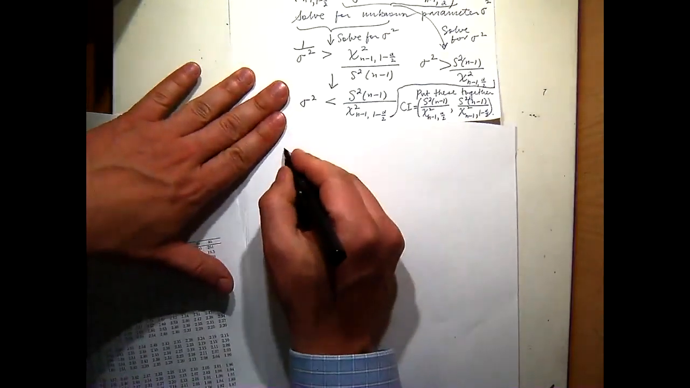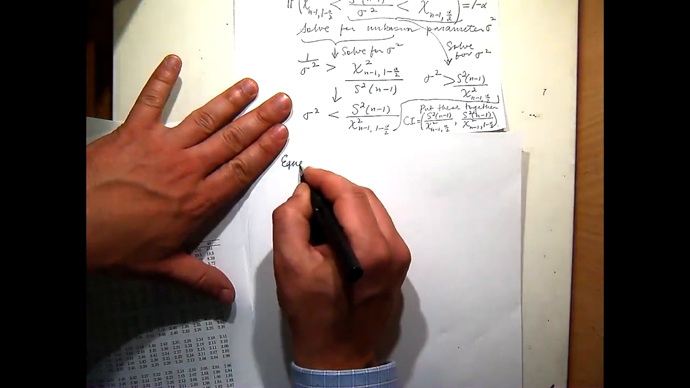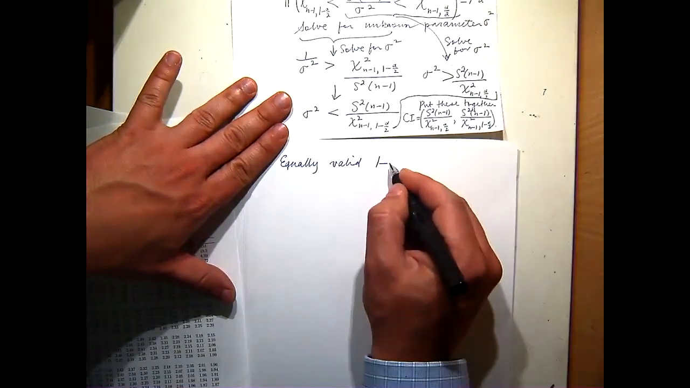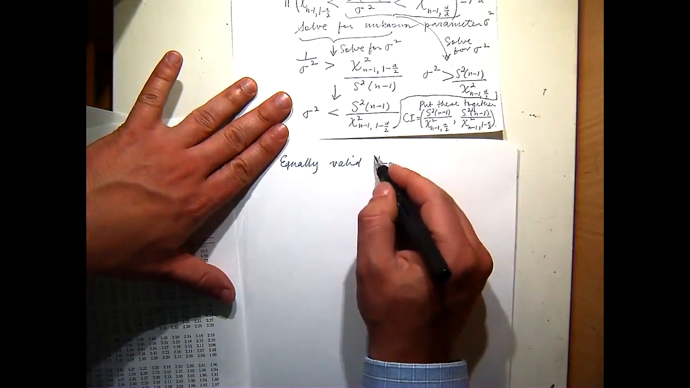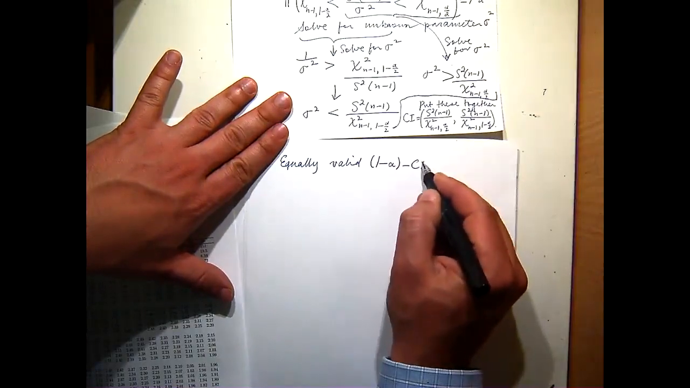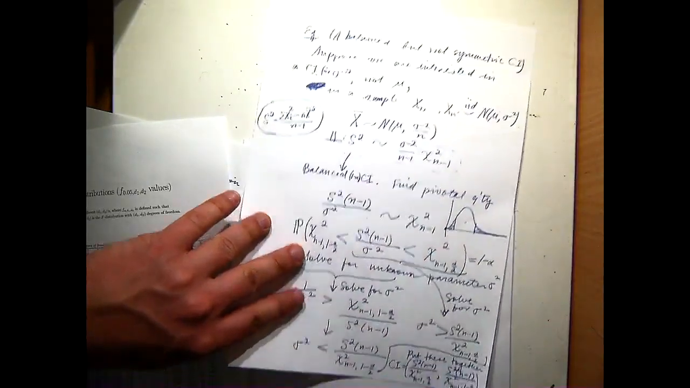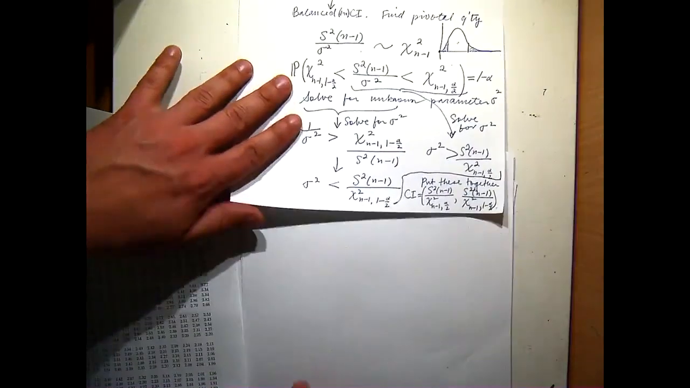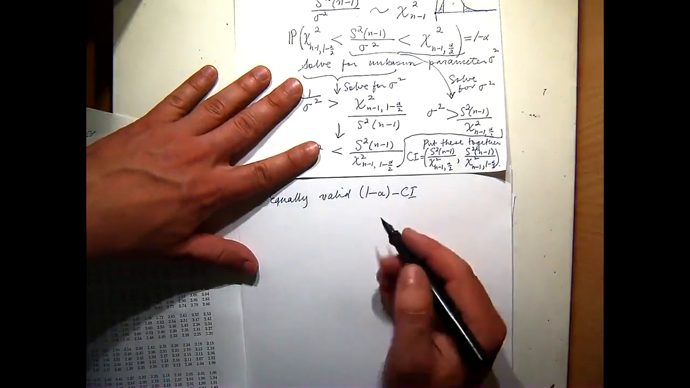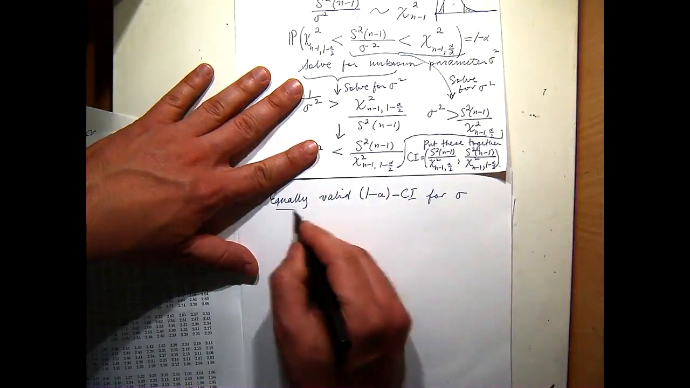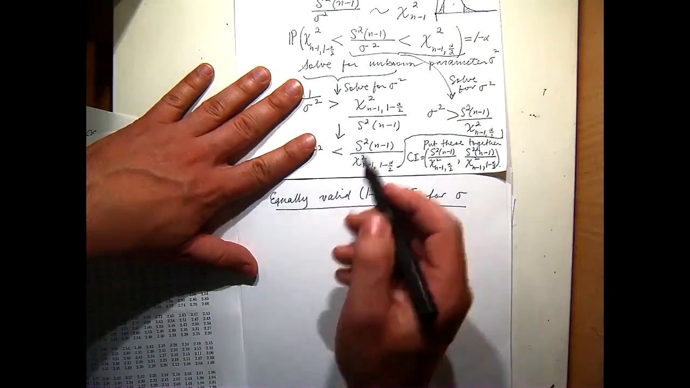Now, equally valid: often we call it a 1 minus alpha confidence interval because it has confidence coefficient 1 minus alpha. So let's call it a balanced 1 minus alpha, so that's like a 95% confidence interval. Equally valid 1 minus alpha confidence interval for sigma. Now, why is this equally valid? Because we know that,